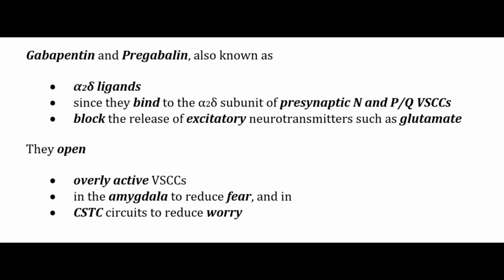Alpha-2 delta ligands as anxiolytics. Gabapentin and pregabalin are also known as alpha-2 delta ligands since they bind to the alpha-2 delta subunit of presynaptic N and PQ voltage-sensitive calcium channels and block the release of excitatory neurotransmitters such as glutamate. They close overly active voltage-sensitive calcium channels in the amygdala to reduce fear and in CSTC circuits to reduce